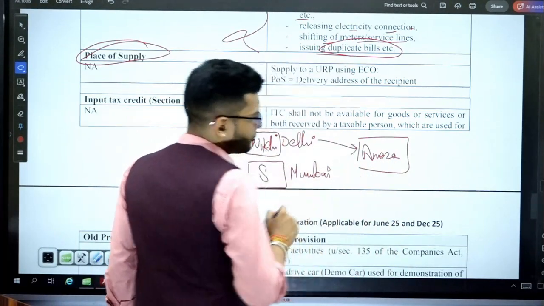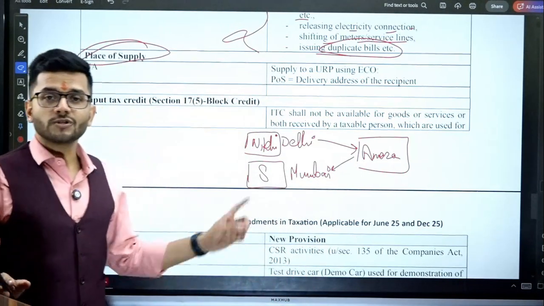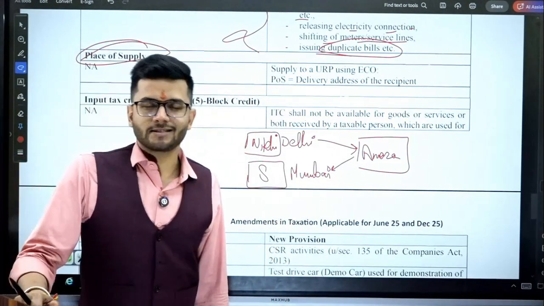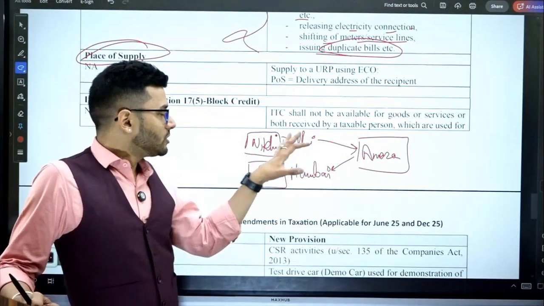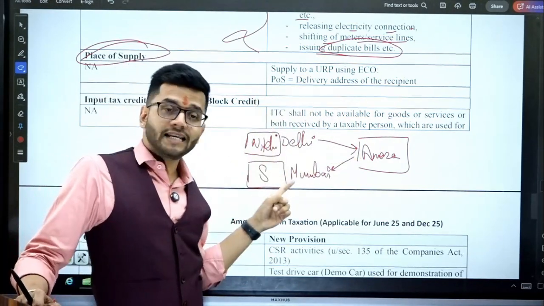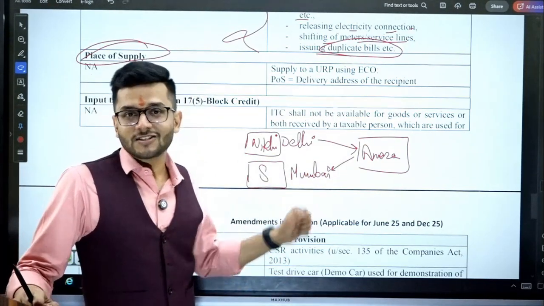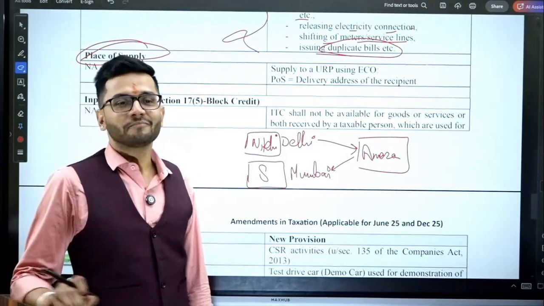I pay for some product and the billing address is that of a particular person who's in Mumbai. Let's name her Miss S. So the payment is done by me, the purchase is done by me, and the invoice is also issued in my name, but the delivery address is of a third person. Then in this case, what should be the place of supply?